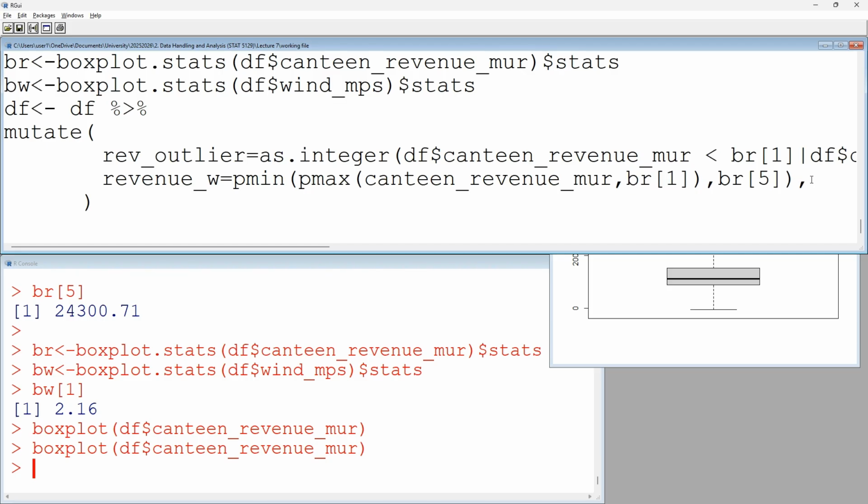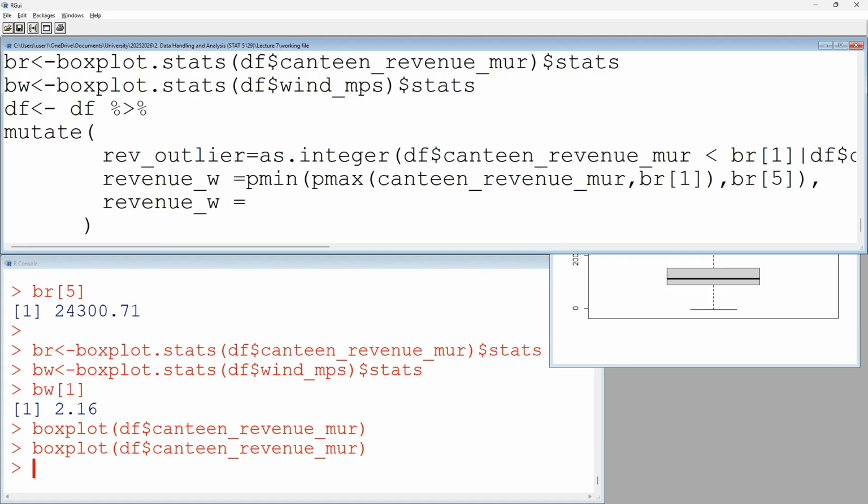But here, we have another issue. Let me just correct for that issue. We also want revenue W, and we want the revenue W to ensure that there are no negative values for the revenue. You can't have a negative value for the revenue. So what do you do? If you just understood this principle,